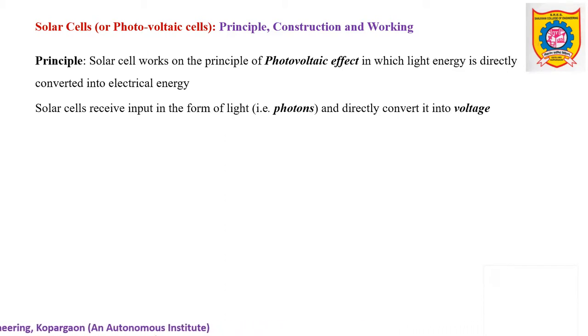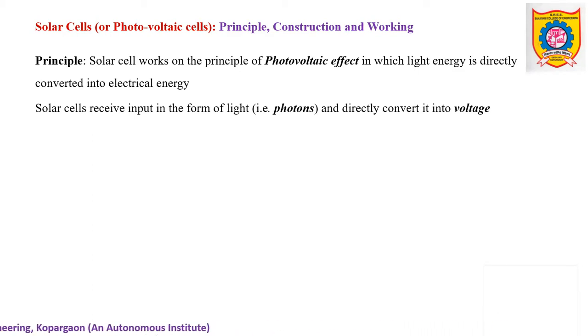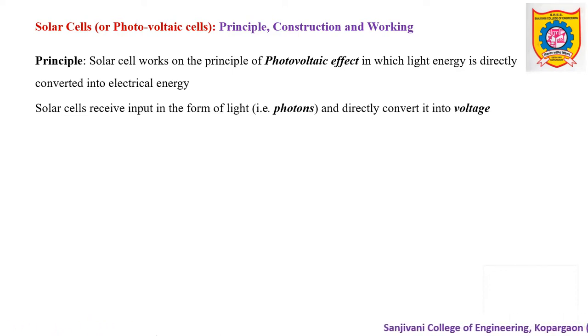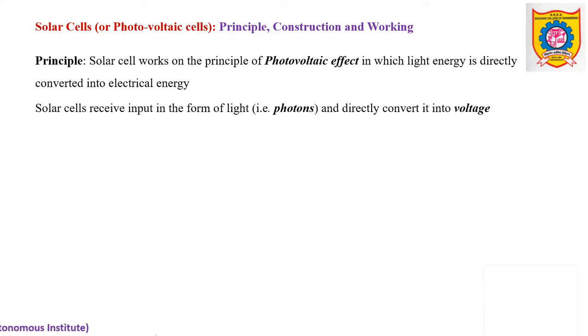We know that light consists of a number of photons, and that photon energy is h nu, which is supplied to the solar cell. So by absorbing this photon energy, the solar cell functions and against it the output is generated, electricity is generated basically in terms of voltage. So output is voltage, and when we connect these two words, photo plus voltaic, the word is photovoltaic. So remember, the basic working principle of solar cells is the photovoltaic effect.